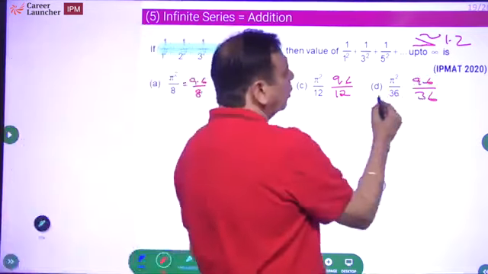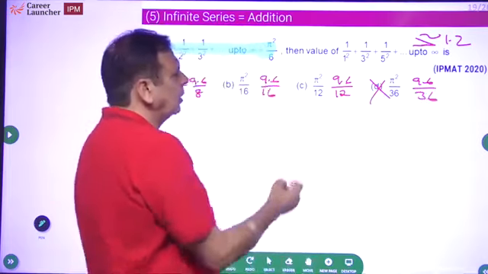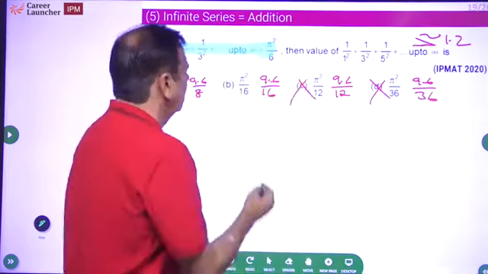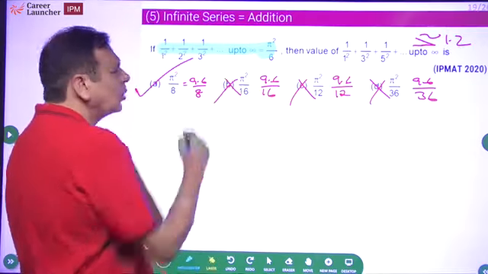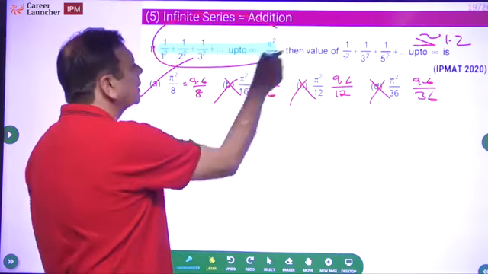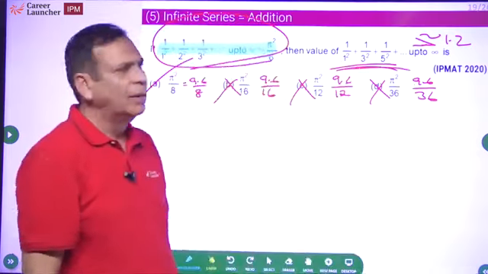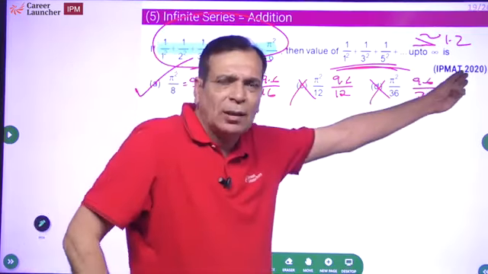This is greater than 1.2, right? 9.6 upon 36 is less than 1. 0.25. Less than 1. Less than 1. Brother, this has to be the answer. Again, my point is, who asked you to start calculating this and then come here? Why can't you work directly with this number? And this was a 4-mark question in IPMAT.